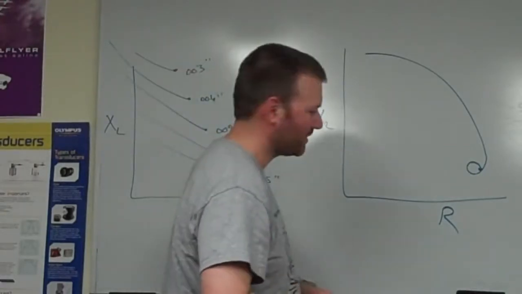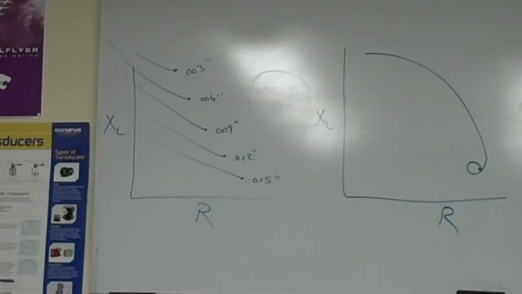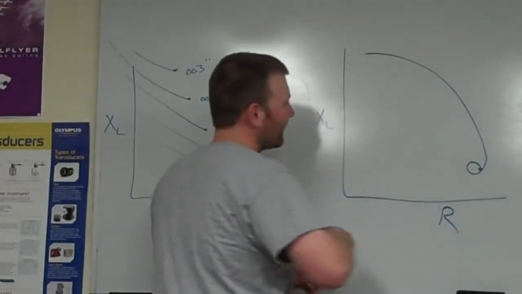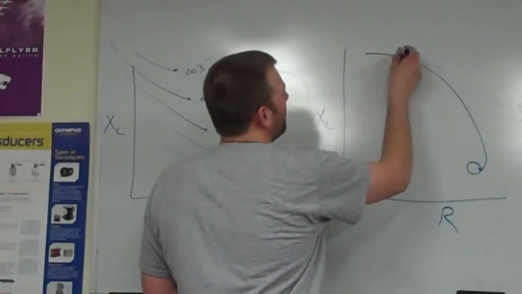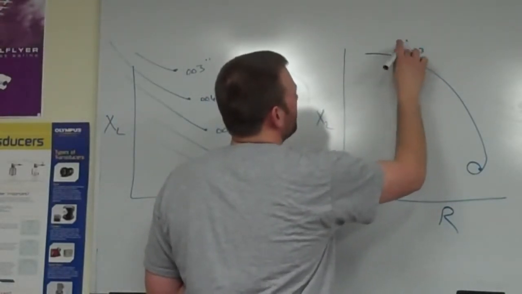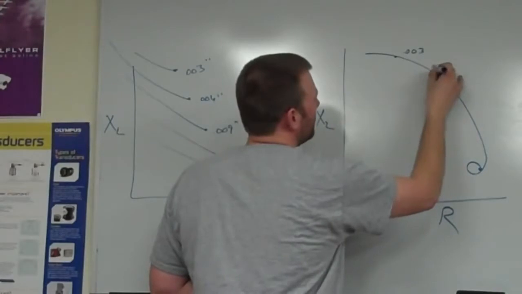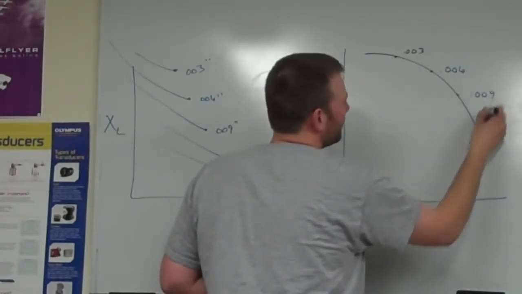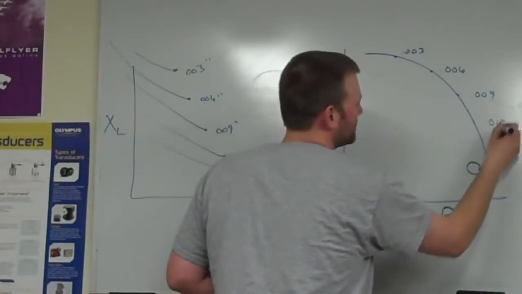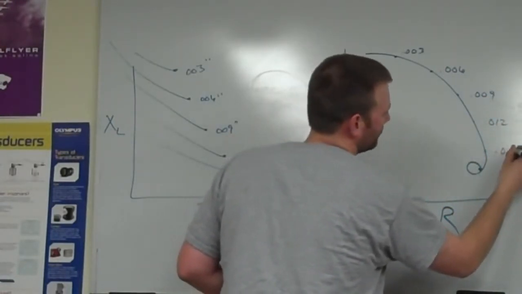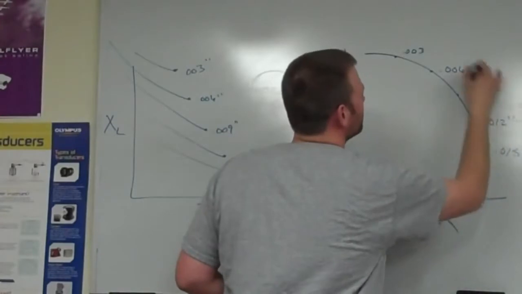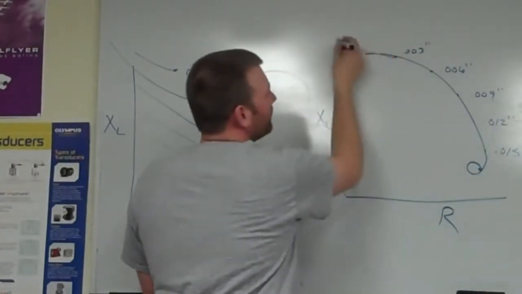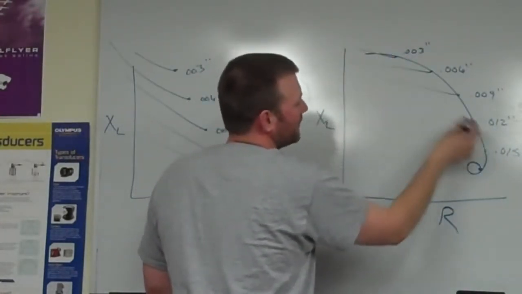So let's kind of take a look at that. It's not going to be near as pretty, but we can at least see what that is. I guess let's put some references on it here. Let's say, might be the best way to think about it, 0.003, 0.006, 0.009, 0.012, 0.015. Okay, again, all inches, all falling right on that curve, except now you're just not looking at these lines